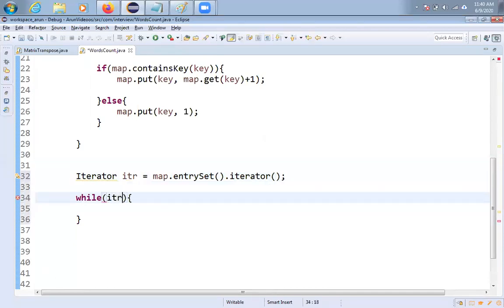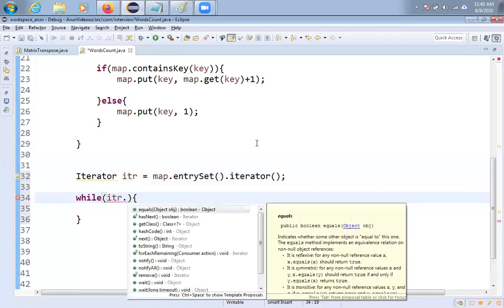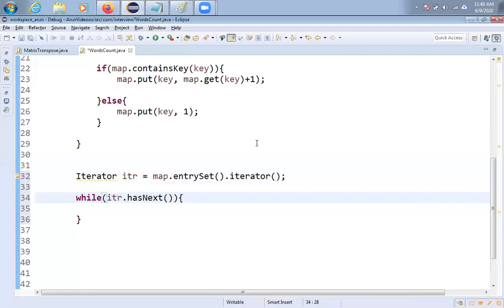Okay, fine. Iterator dot, to check if the next entry is available or not, the hasNext method is there, friends. It will give you a boolean value. Boolean means true or false. If the next entry is available, it will give you true, otherwise it will give false.